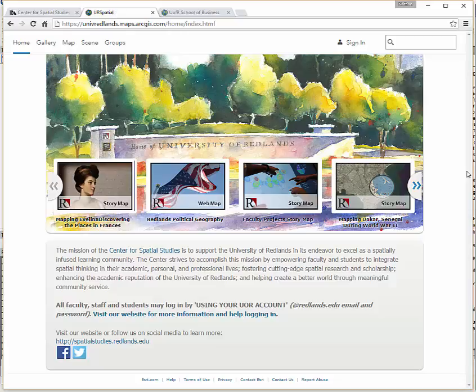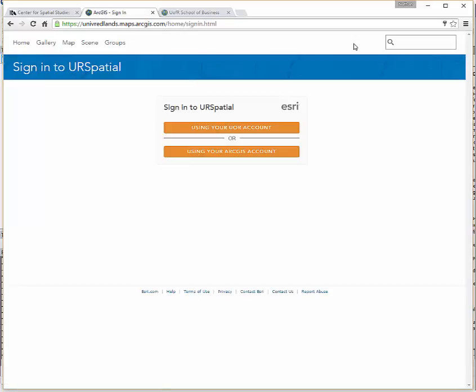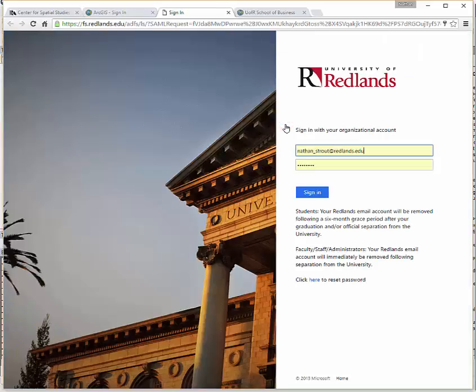We try to make it as easy as possible to log in. Just using your University of Redlands account, you don't need to remember any new accounts or passwords. It's the same account that you would use to log into My Redlands, a lab computer, Moodle, WebAdvisor, all of those platforms. So you simply just click this sign in button here, and this takes you to another page where we're given two options to how to log in. So we want to use the using your UOR account. So this is where we're going to be able to use the same account that we would use for My